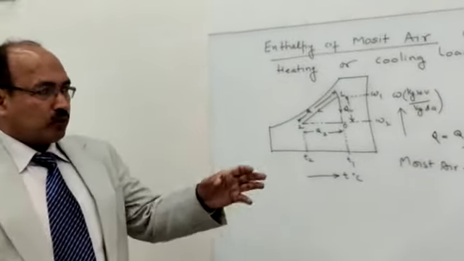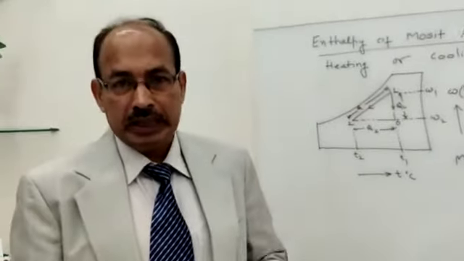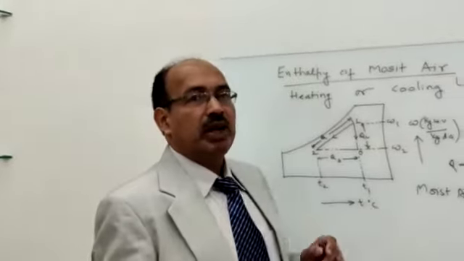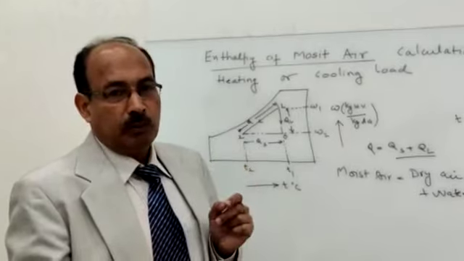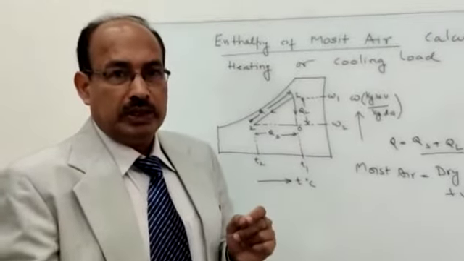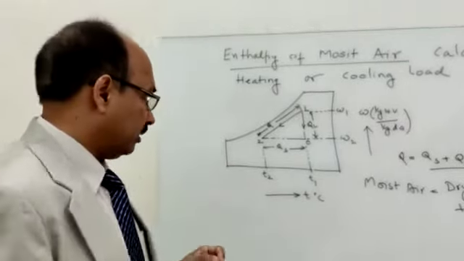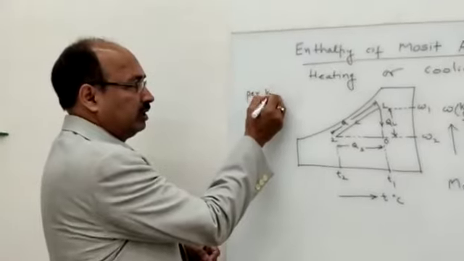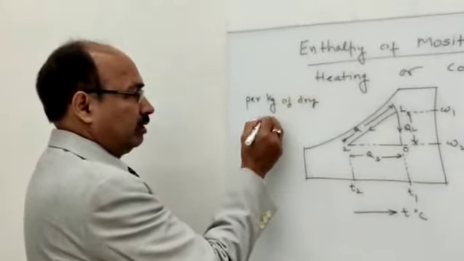So what happens, water vapor part keeps on varying depending on the relative humidity or the addition or removal of the moisture, but the dry air part remains constant. So what we do in air conditioning, we do all the calculations on the basis of per kg dry air. So all calculations are done per kg of dry air basis,